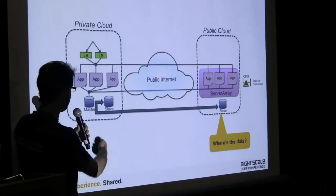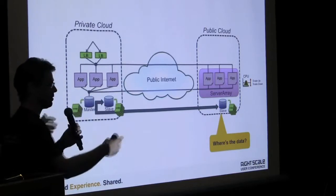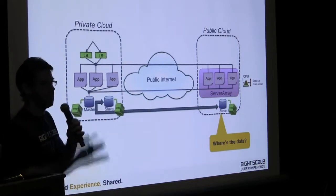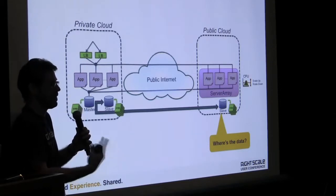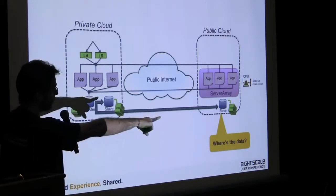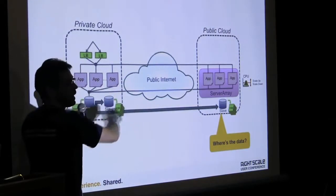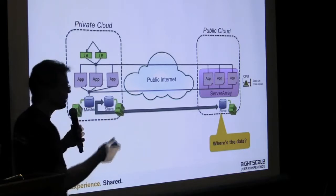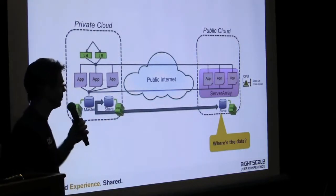So suddenly, here we're very used to, oh, I'm putting up a new slave, I have some snapshots that I have here, I create a volume from those snapshots, the data is up and running, it's going to be a little slow at the beginning, but I have the data. It's a fast backup recovery thing. But when you're over there, you cannot use this backup, right? So then you have to solve this problem, and this is quite a complex problem when you go multi-cloud,